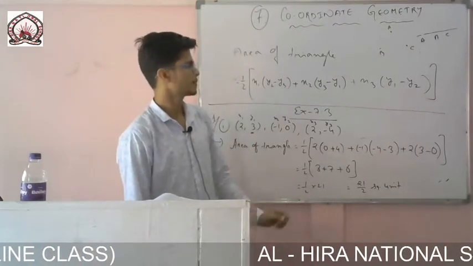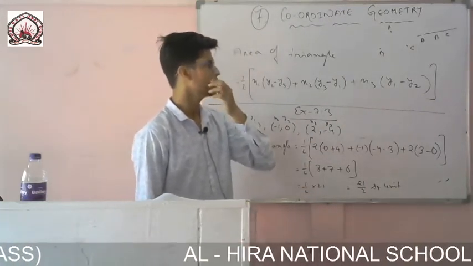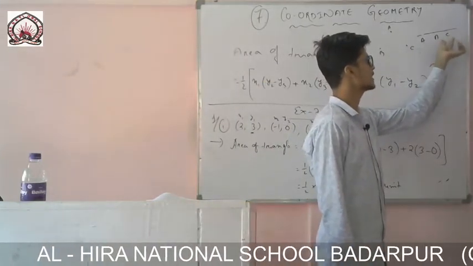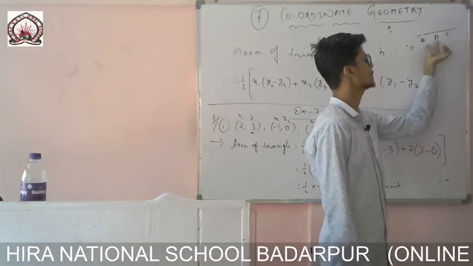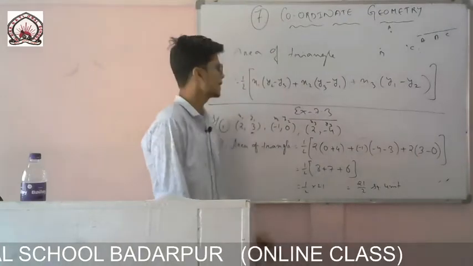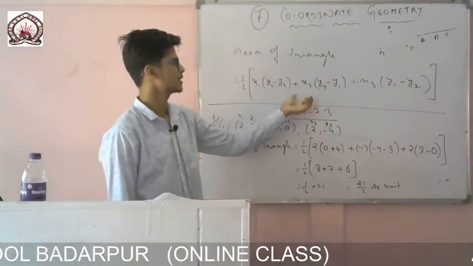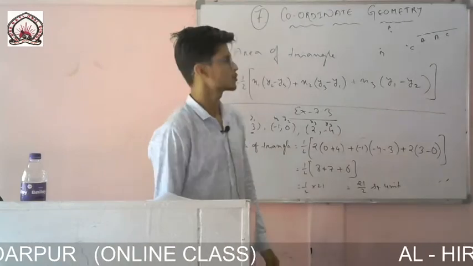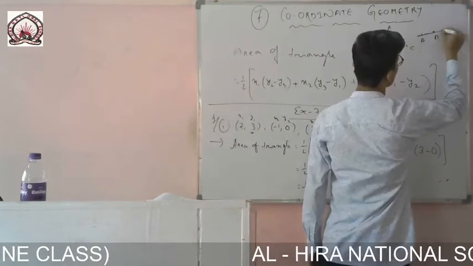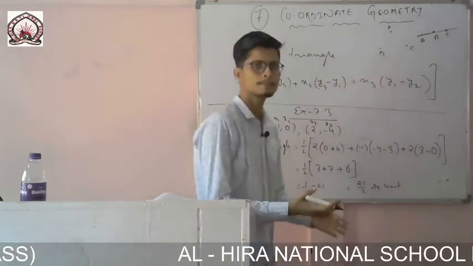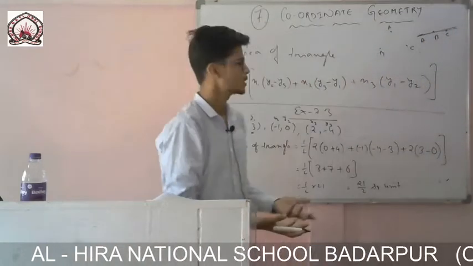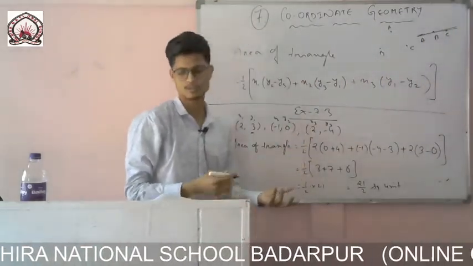Okay, so earlier we used the distance formula for finding this. First of all, I found AB, then I found BC, then I showed that AB plus BC is equal to AC, then we can say that it is collinear. Now, by using the area of triangle formula, I can also find it. So if the points are collinear, then always remember, the area of the triangle will be 0. If they lie on the same straight line, then the area will be 0. So we will use this condition and find the values.